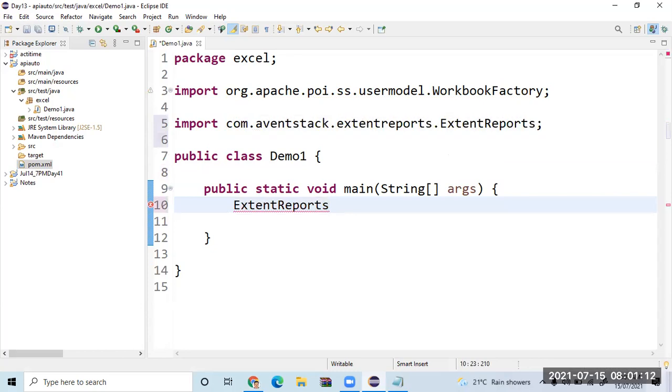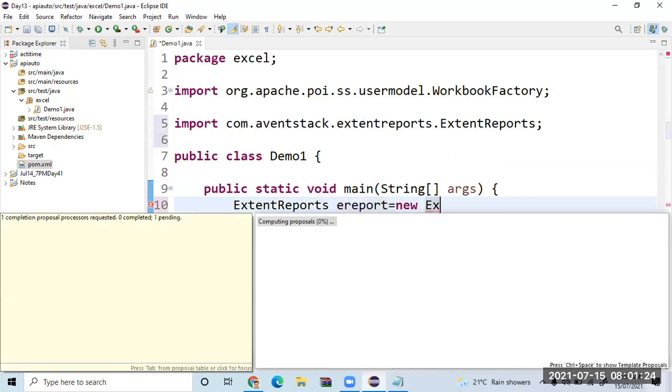You can just give a name, my report, whatever. Of course, it doesn't make sense to use "my report", so I'll say eReport is equal to new ExtentReports.